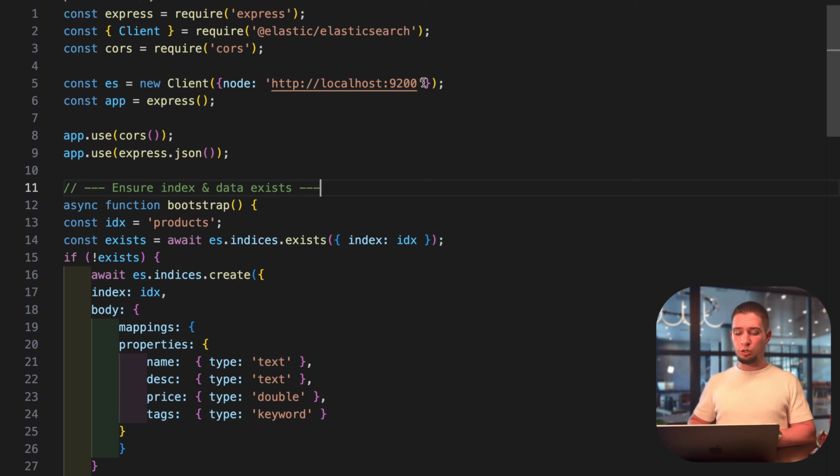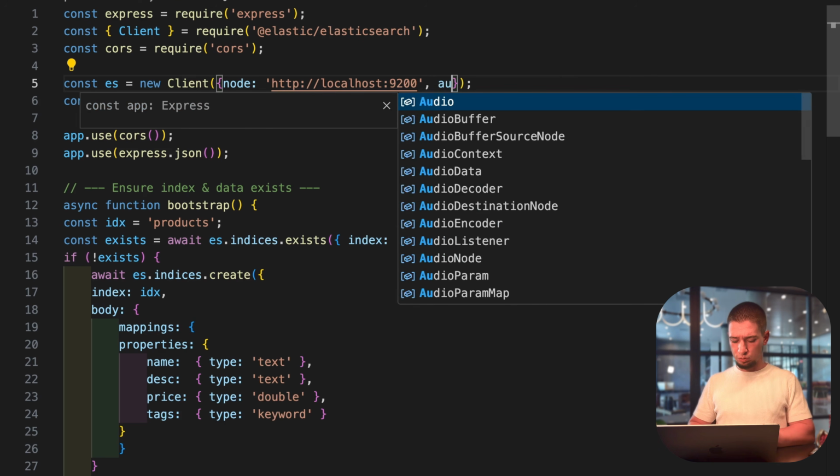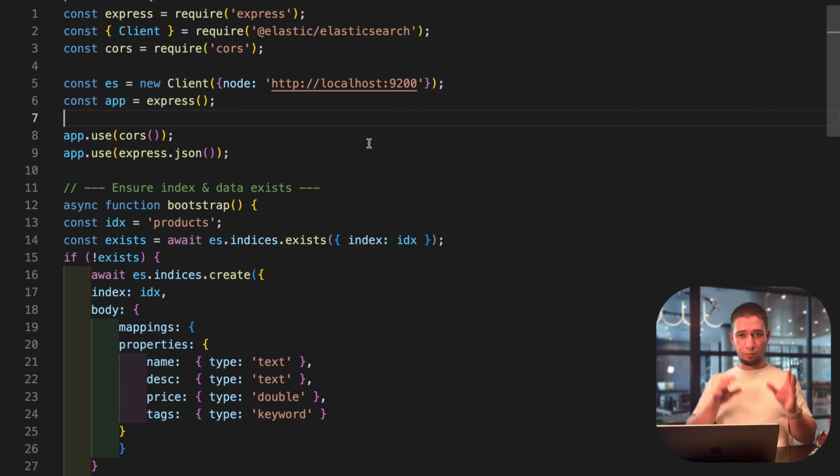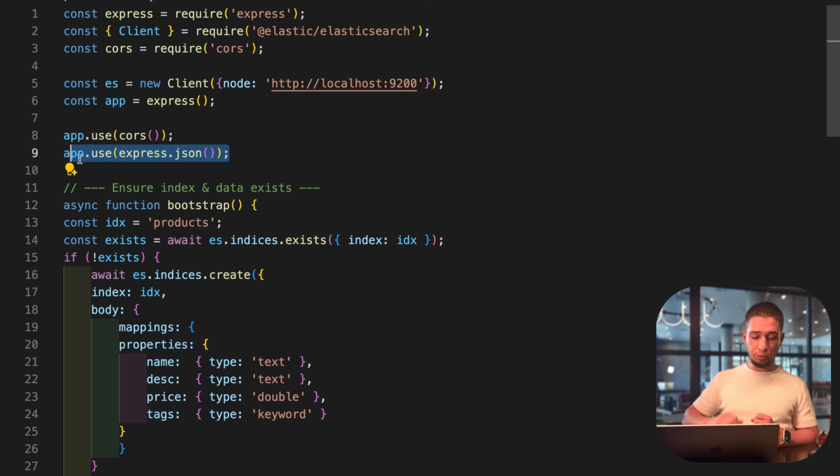So you know what? I think we should write it in our authorization object, these things. Yeah, so you will be able to check that in the Elastic documentation. And in general, here you will be writing these things. And that's all we should do right now with our Elasticsearch. So let's go to our Express. So we're creating our server. We're taking the settings for Cors, and we'll be able to accept JSON as our input.